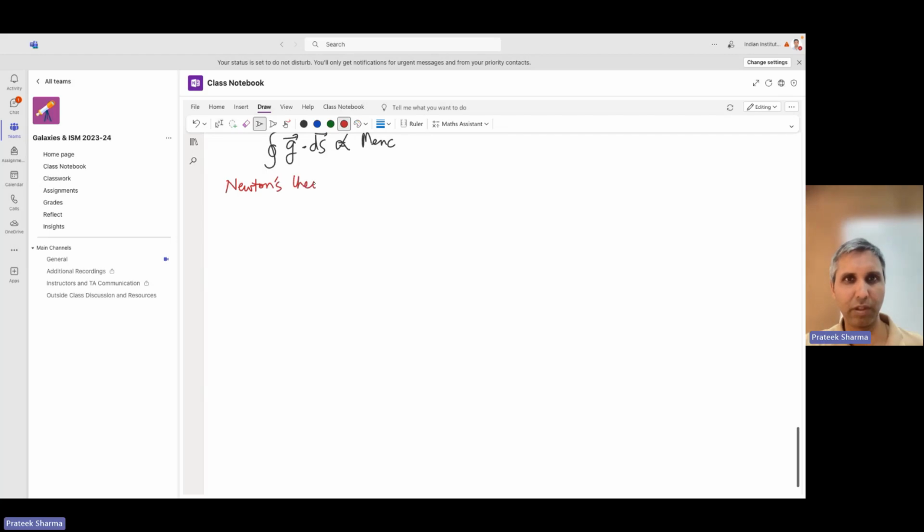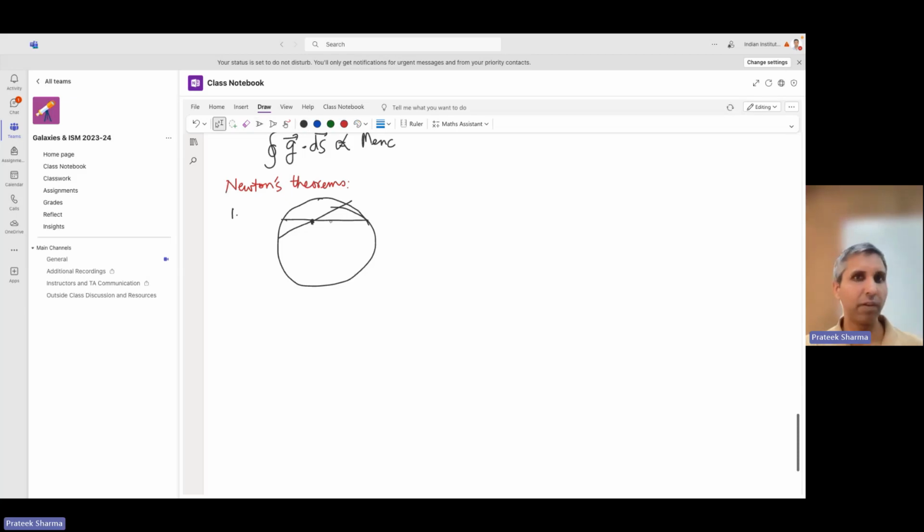Newton actually had these two theorems in his book Principia. One is about the inside of a sphere. If you have a spherical shell, inside a spherical shell there is no gravitational acceleration felt by a test particle. This is a well-known thing, you've done it in many ways. So if you consider any point here, some general point.